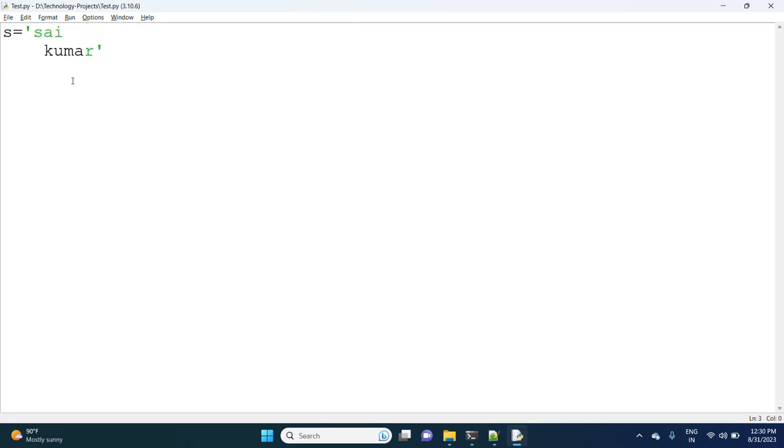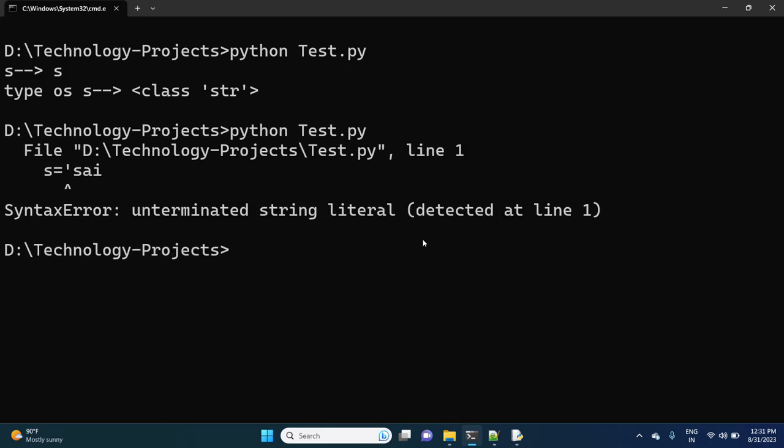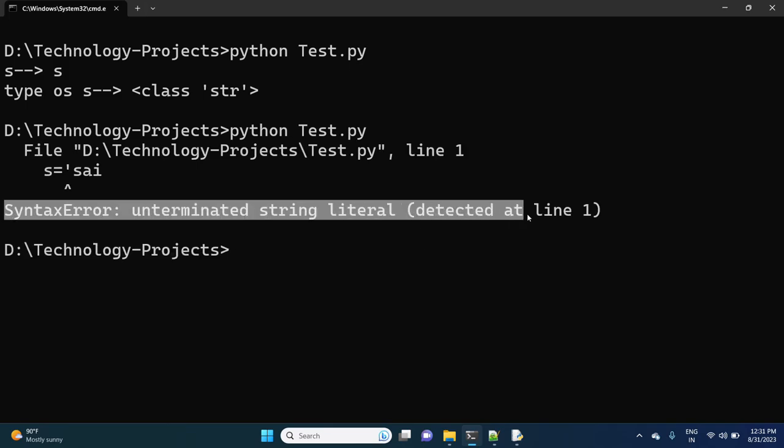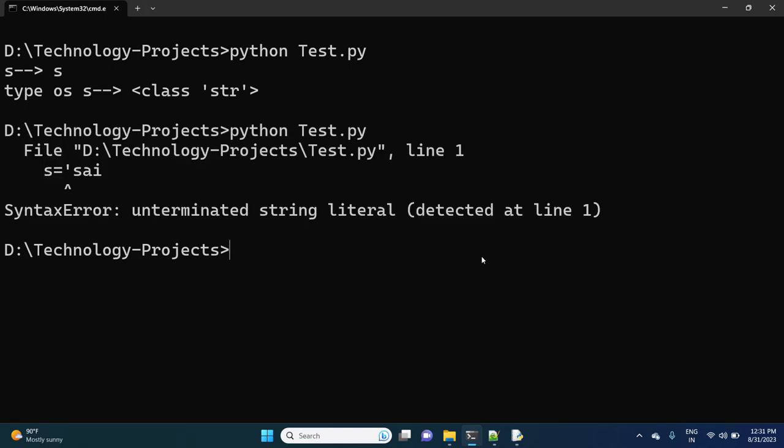Is it possible or not? I'm running this program. It is saying syntax error: unterminated string literal.